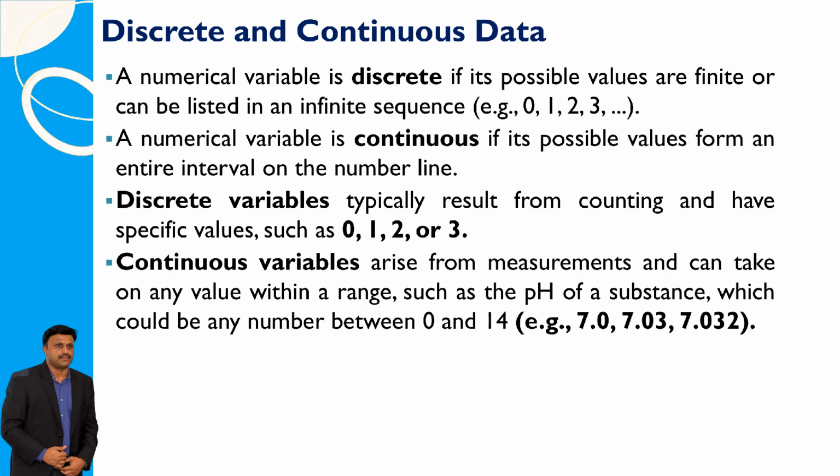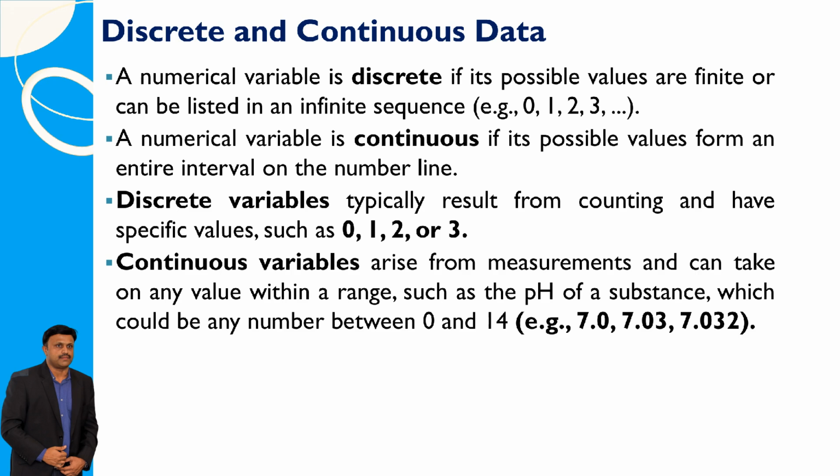A numerical variable is discrete if its values are finite or can be listed in an infinite sequence, such as 0, 1, 2, 3, and so on. In contrast, a numerical variable is continuous if its values form a continuous interval on the number line, resulting from measurements and capable of taking any value within a range. For example, discrete variables result from counting and include specific values like 0, 1, or 2, whereas continuous variables, such as pH levels, can assume any value within a range, such as between 0 and 14, including precise values like